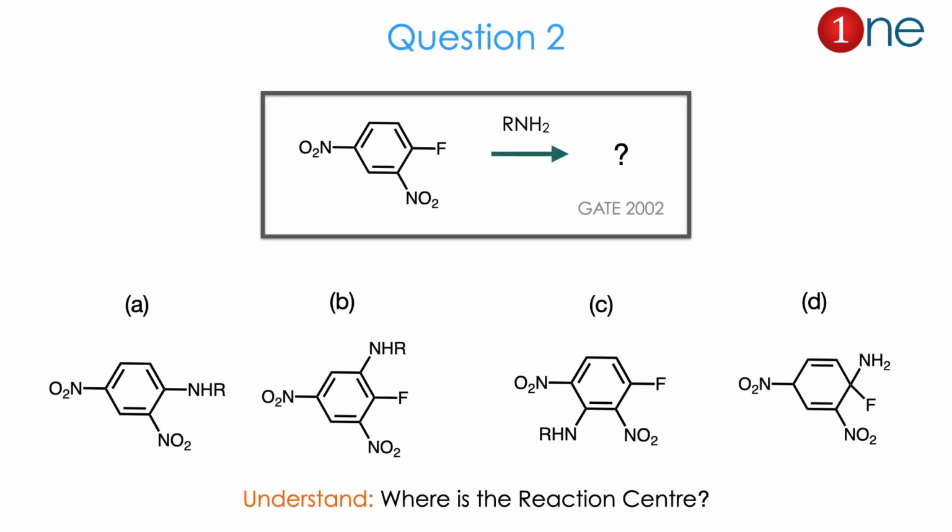Let us see question number 2. The starting material is benzene attached with a nitro group and fluorine. You are reacting with an amine. They ask you to find the product. The product is curious because fluorine is a bad leaving group and NO2 is an electron withdrawing group. You are attacking with a nucleophile. So what really happened? Where does NH2 attack? The real question is whether NH2 will attack the ring, replace the fluorine, or be placed in between, or whether it just destroys the aromaticity. So the question is all about where the reaction center is. The answer is A. Let us see how.